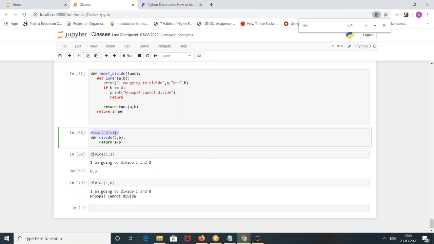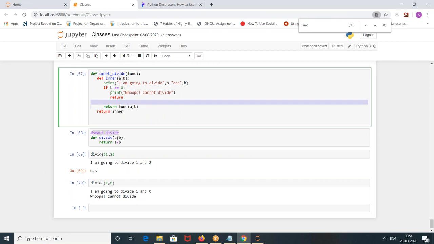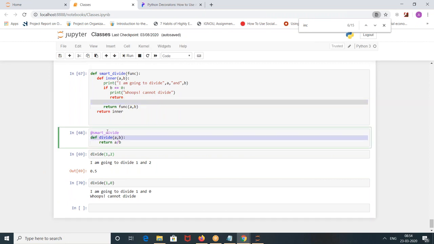So these decorators are used in such a way. If you are handling some function wherein you want to do some extra operation every time, like this, a divide of 0, you want to tell, okay, I cannot do it. Or a practical scenario wherein you have to do an extra operation on a function, like applying a string on every variable, every column. How to convert a column into string in a function in an Excel sheet? You can write it as a function, and whatever function you are doing, after that, for every operation you can apply this decorator on top of it, so that the column might be converted to string.